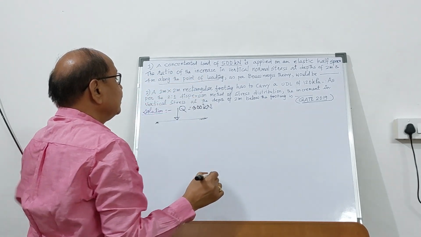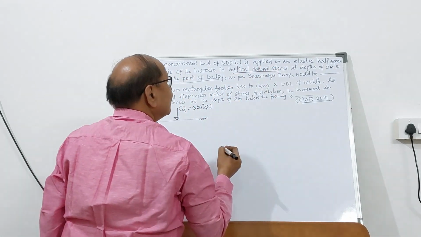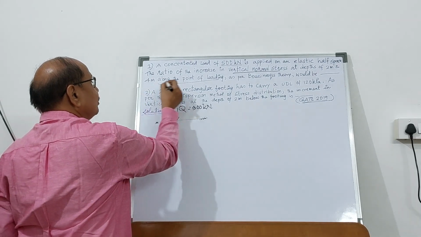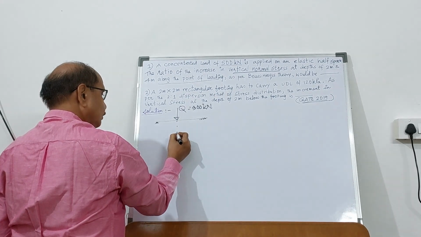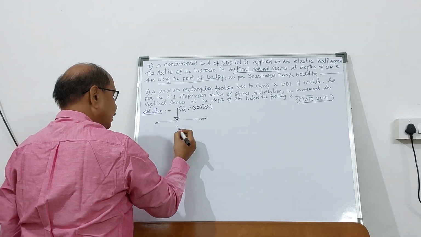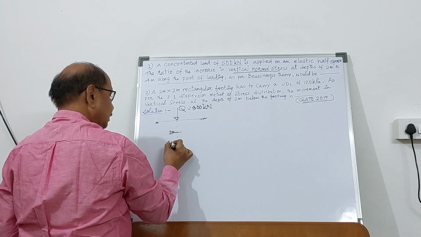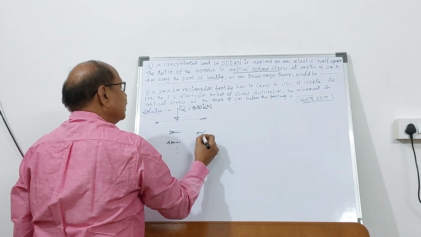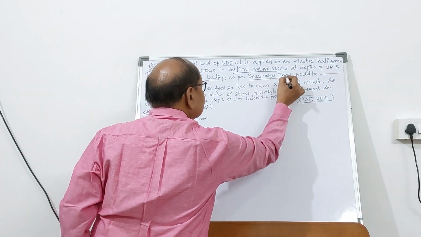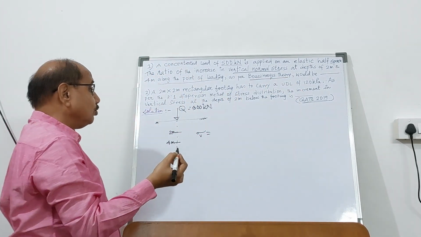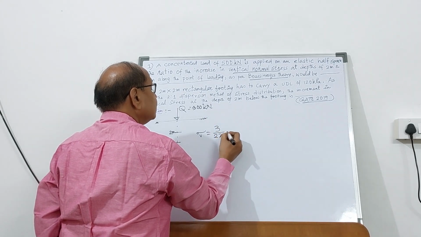The ratio of the increase in vertical stress. So you will have to find out the vertical normal stress at depths of 2 meter and 4 meter along the point of loading. So this is the axis of loading. So at 2 meter and at 4 meter, you need to find out the vertical stress by using Boussinesq theory. So Boussinesq theory is already known to you, that sigma v is given by 3 divided by 2 pi into